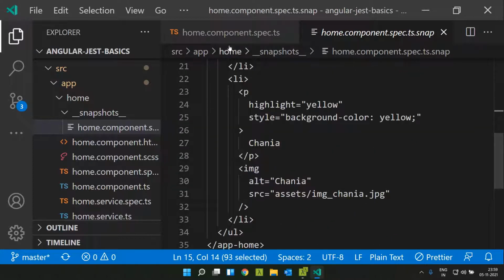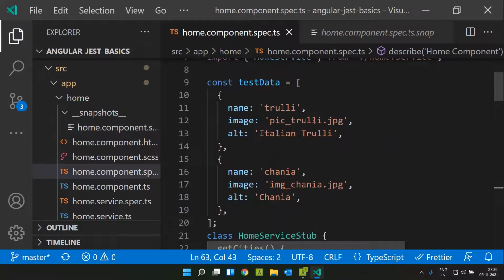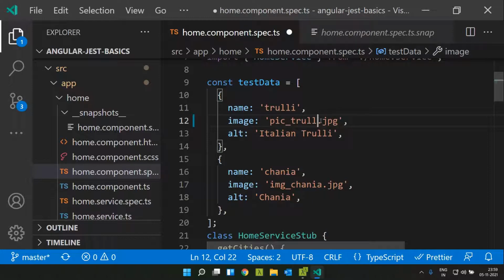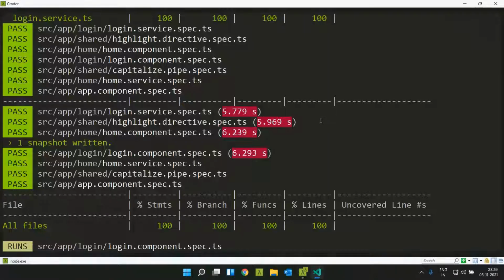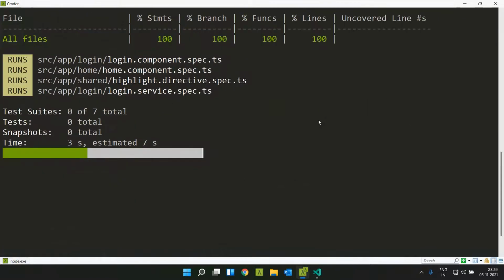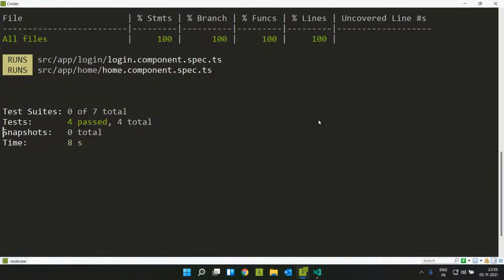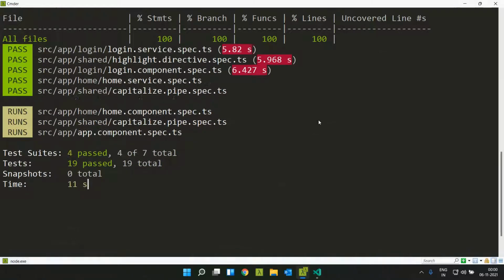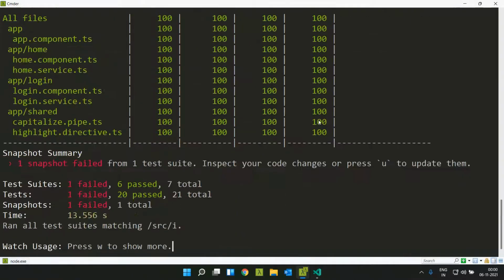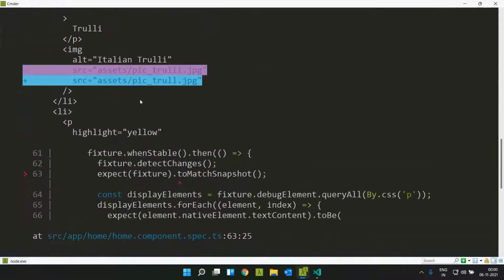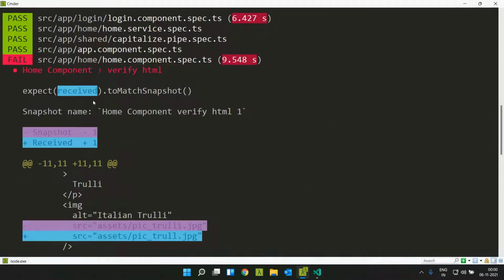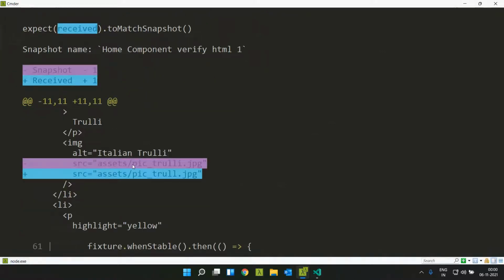Now suppose I go ahead and make some change here. I am going to change the image name. Now in case I save this, you can see that it actually failed. What happened is that it compared with the previous snapshot and saw that the particular line has been changed.